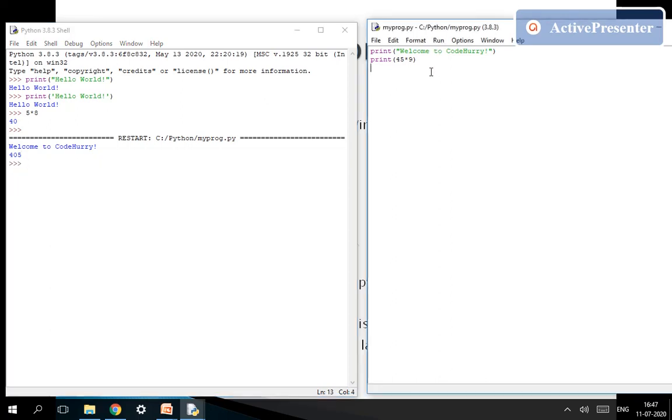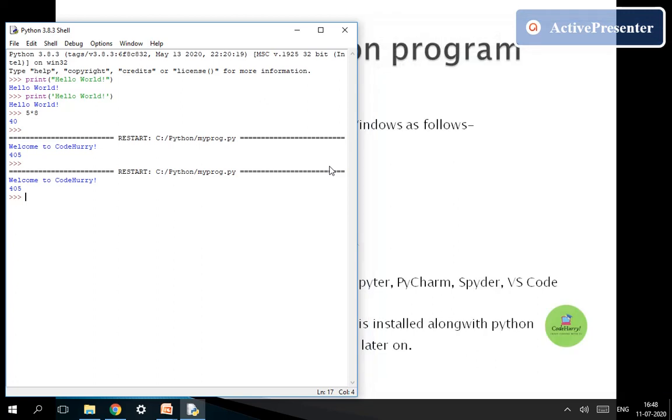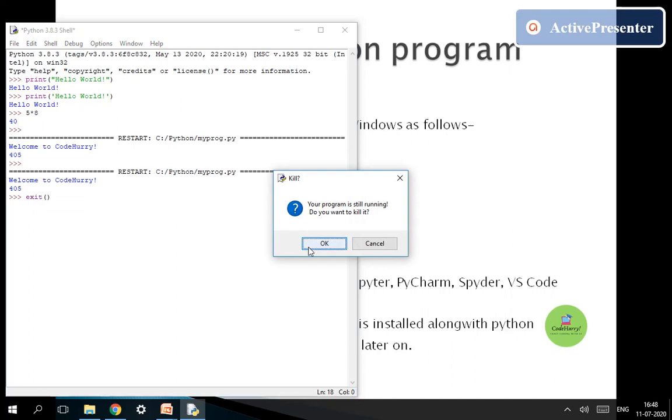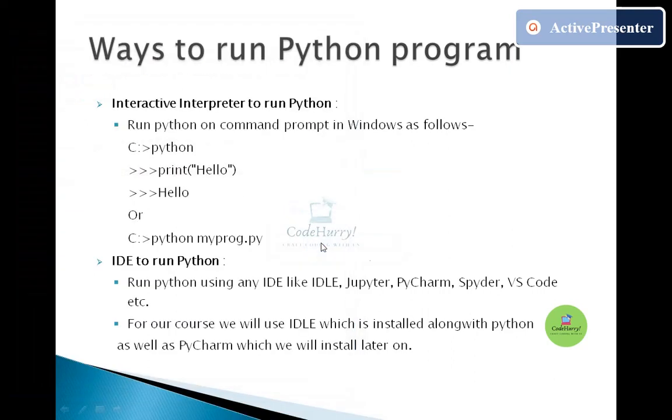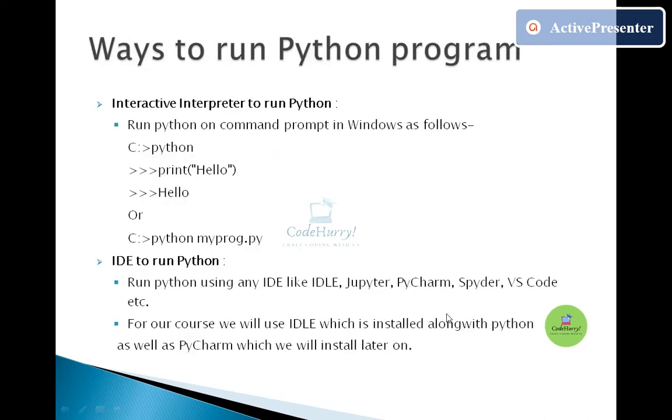Now I can also just press F5, and again the same output is given. Once we have done, we can close it, and here again we can write the exit function to exit from the IDE. It will just kill the IDE process. That's all. So this is how the basic programs can be executed on the IDLE IDE.